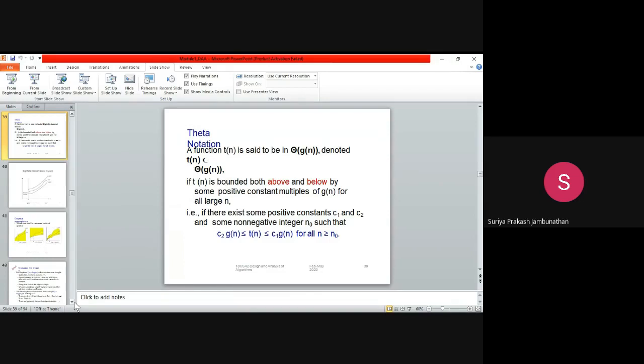When you are solving problems, we will apply this formula so that we can understand the deeper meaning of these three notations. I will give you the difference between all these three notations with a real-time example in the next class, so you will understand all three notations somewhat better then.